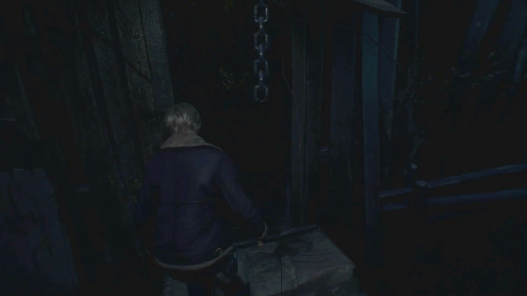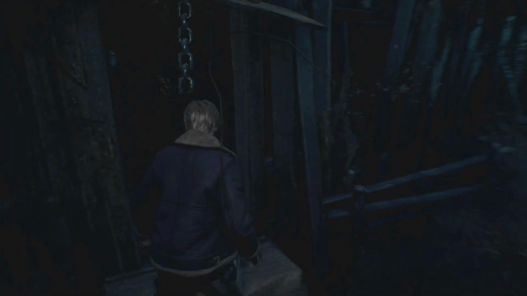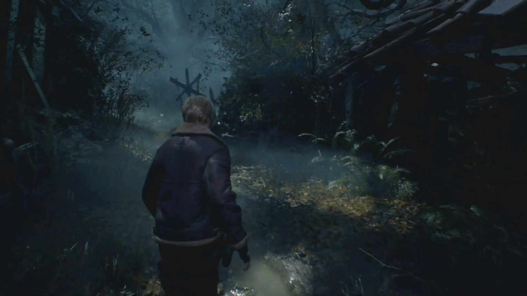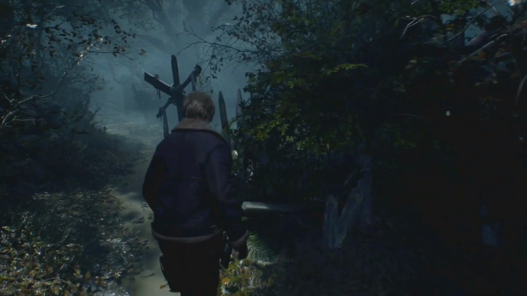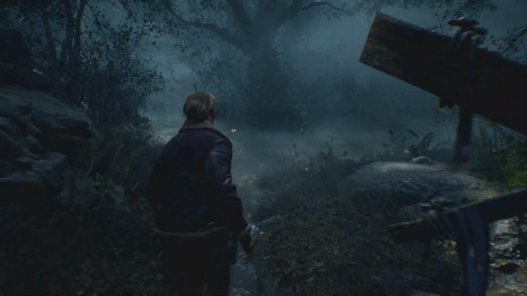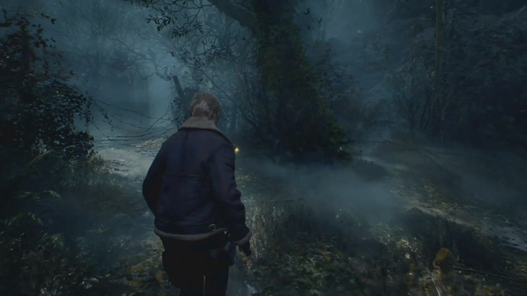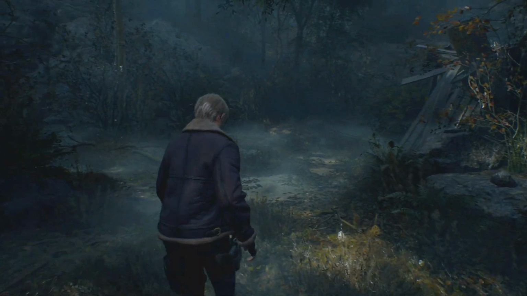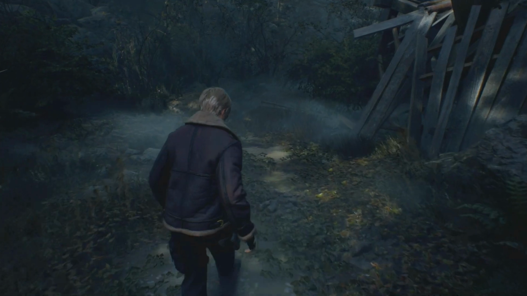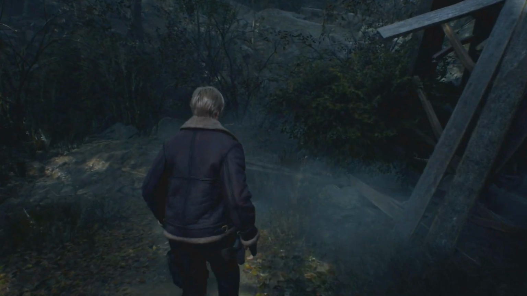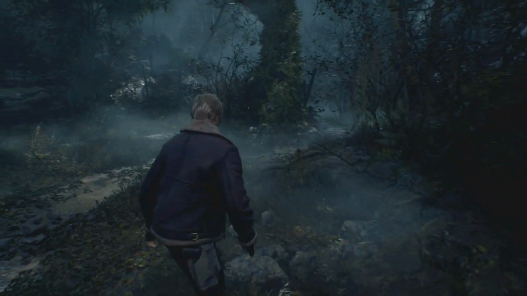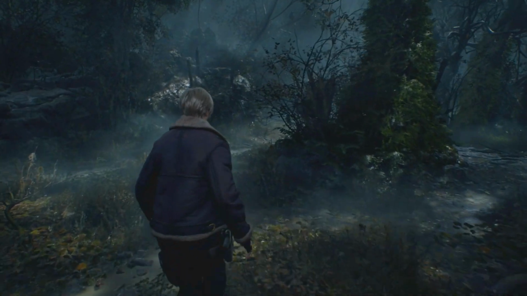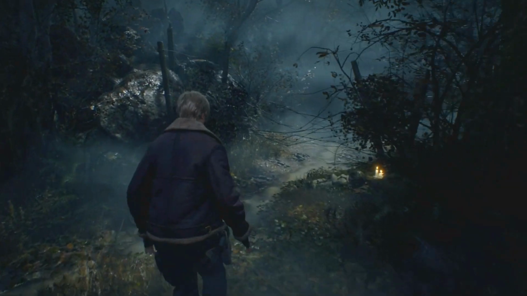Hey, can we go in there? No, I can't. Doesn't look like it. Nope. I can't actually draw a weapon or anything at the moment. Unbelievably good looking, it really is. I'm assuming this has been made with the same